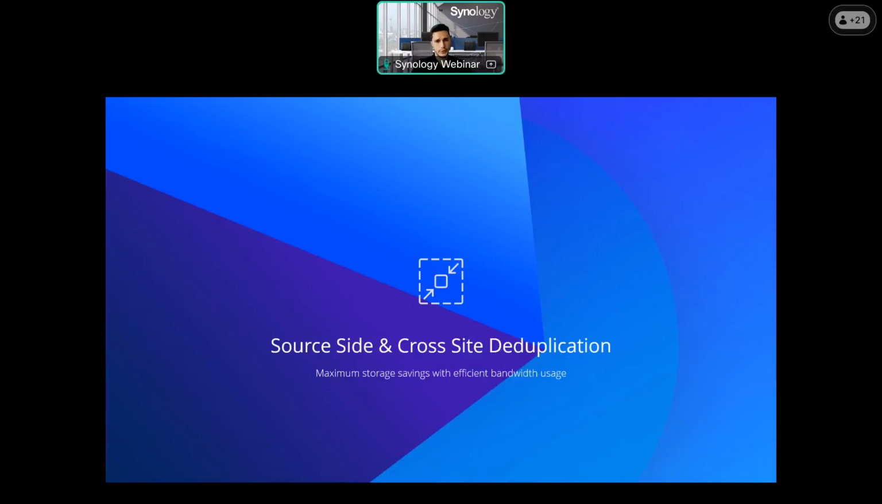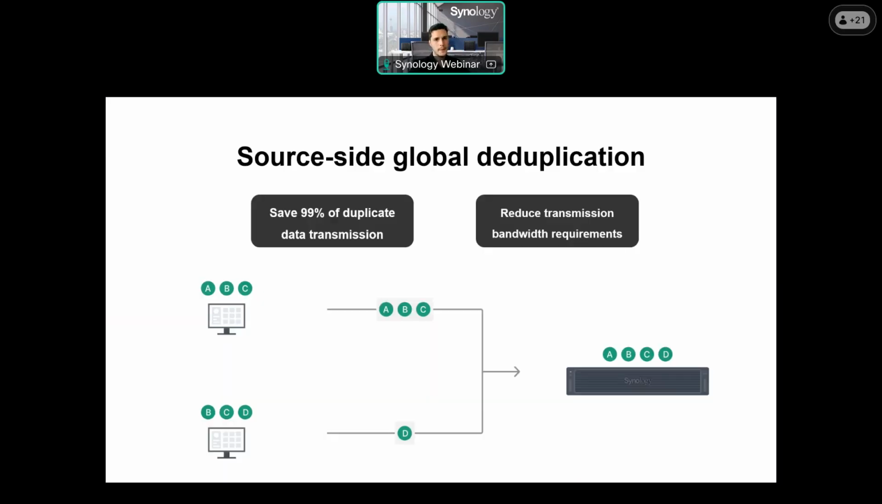A key benefit of using APM and data protect appliances is the ability to leverage source side and cross-site deduplication, which maximizes storage efficiency and reduces bandwidth usage. On the diagrams, you see source side and cross-site deduplication, and the goal is to eliminate duplicate data transmission and minimize bandwidth usage. For example, during the first backup of an endpoint with blocks, as you see on the left-hand side, A, B, and C on top,